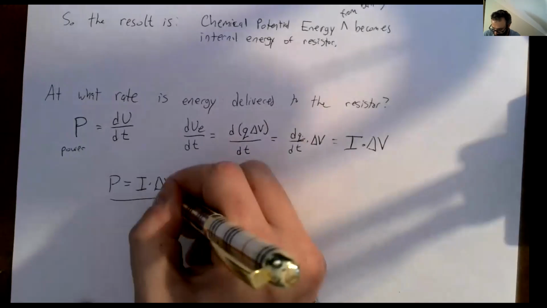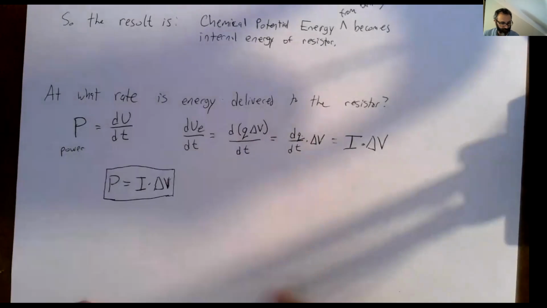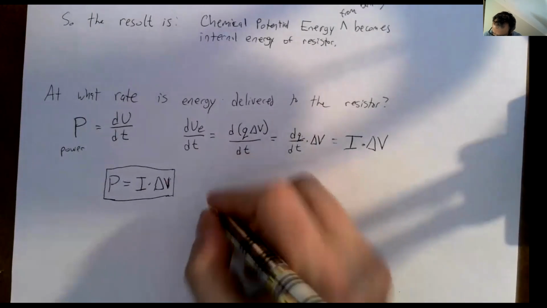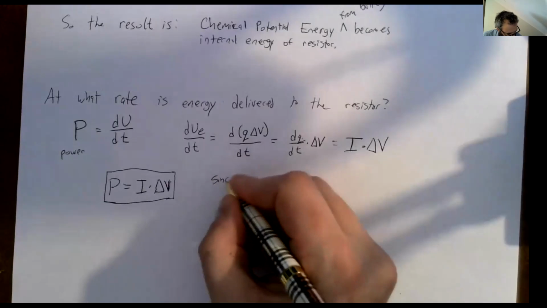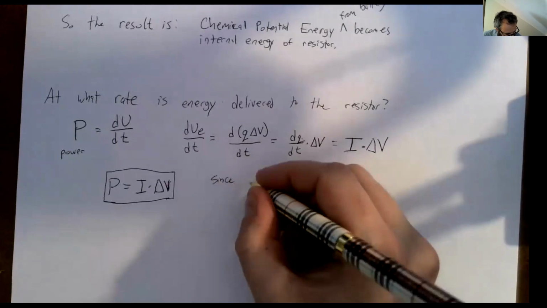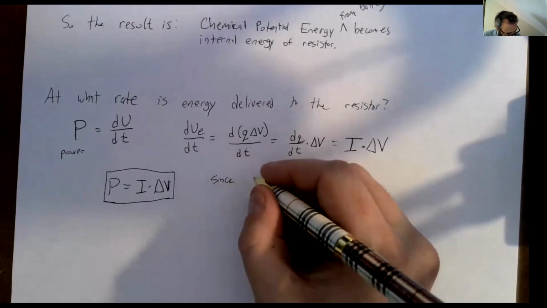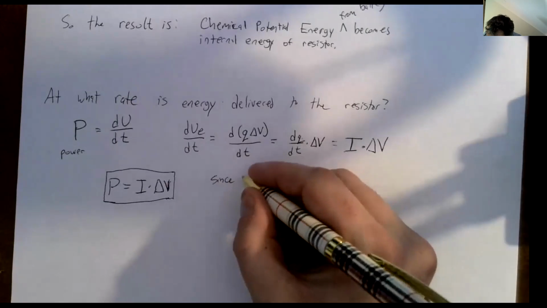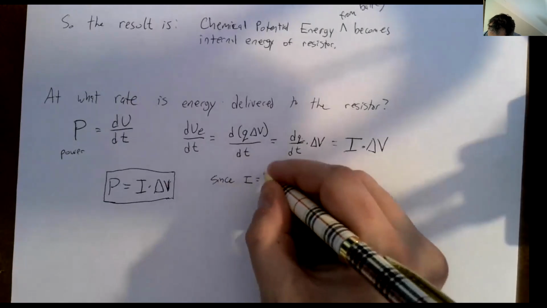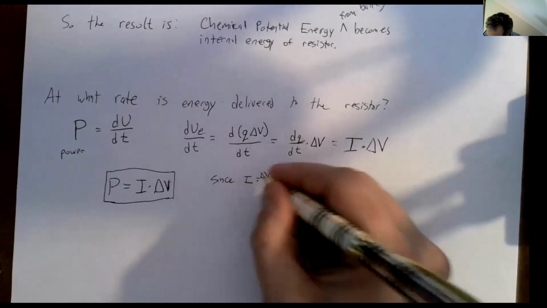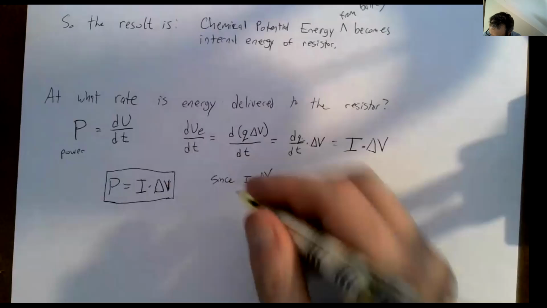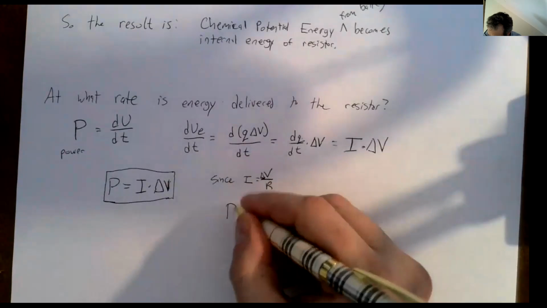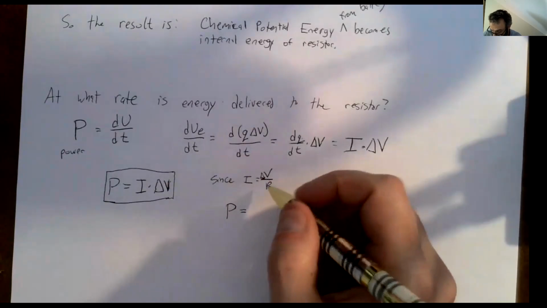And that's a big, important result. Not a difficult equation to use, but an important one. And you'll often use this or need to see this in a couple of other forms as well. And we know that after we defined resistance to be potential over current, we know that current is V over R, or delta V over R. So power, if we substitute this in for current, we get another expression for power that, in case we don't know the current,